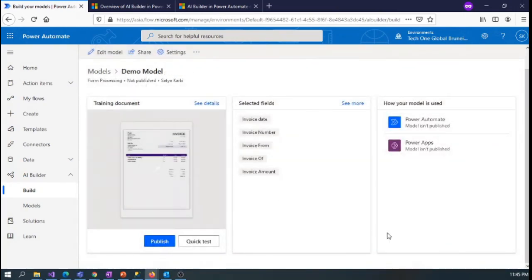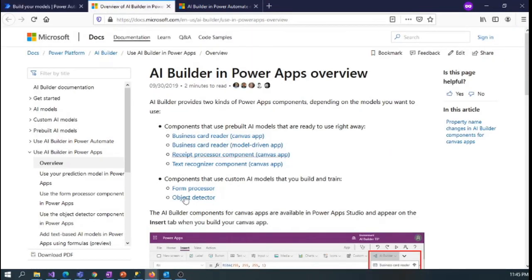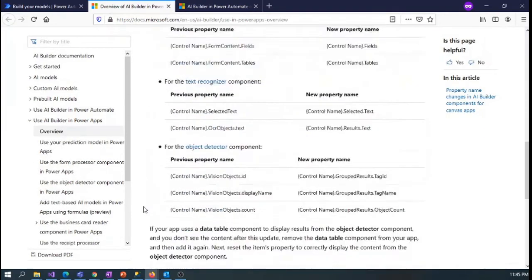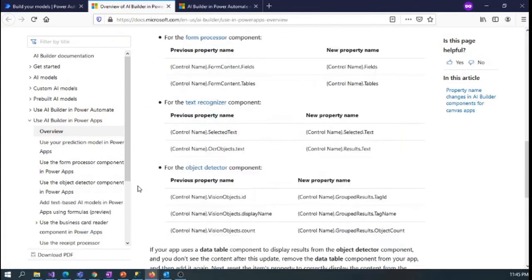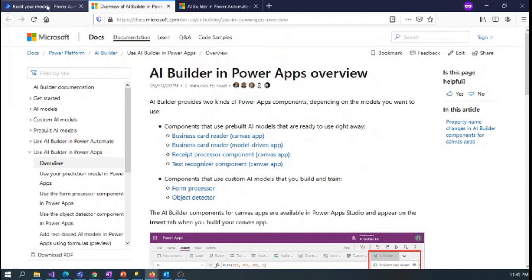We can now publish our model. If we want to use it in Power Automate and Power Apps, we have to publish, and we can click on Power Automate. Then we will be redirected to the Microsoft site, and here are some guidelines on how we can use AI Builder in Power Apps. Here are step-by-step guidelines to use it in Power Apps.